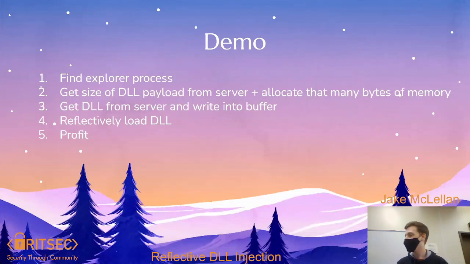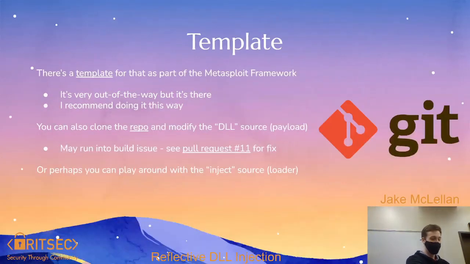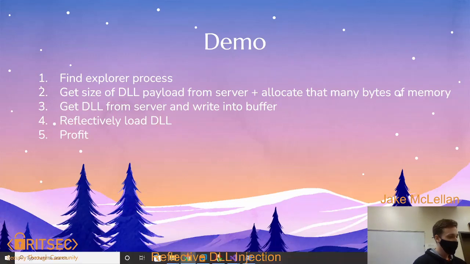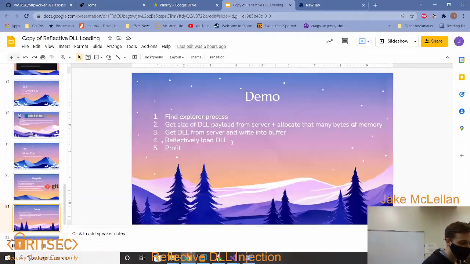Alright, so now we got a little demo prepared. Basically, I wrote some code. Going back to here, perhaps you can play around with the injector source code. So I did that. I modified the injector so that it finds the Explorer process, pulls down the size of the DLL payload from the server, and then allocates that much memory. It pulls down the actual DLL, and then reflectively loads the DLL, and then we win. Alright, so hypothetically speaking,